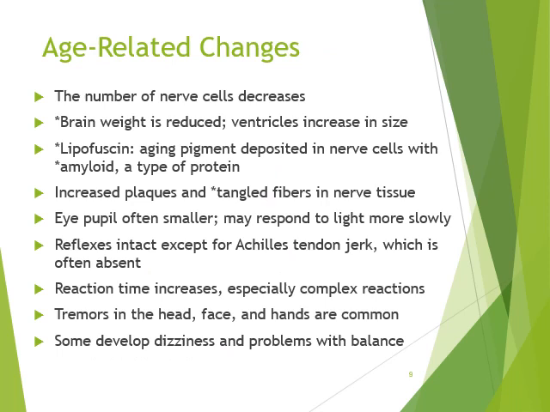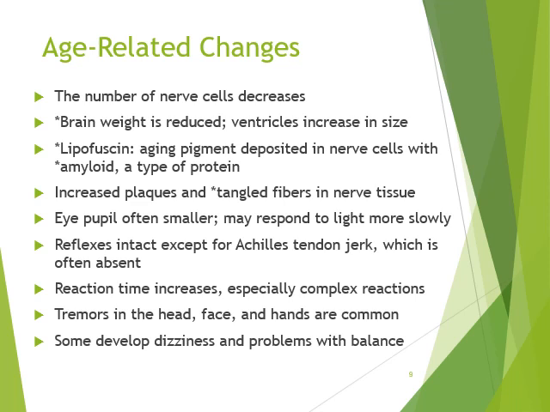All right, let's talk about some age-related changes, and that's on page 350. So the number of nerve cells decreases. Brain weight is reduced. Ventricles increase in size, however, but the weight is reduced. Now, I do have a couple of stars because I think they're kind of important for us